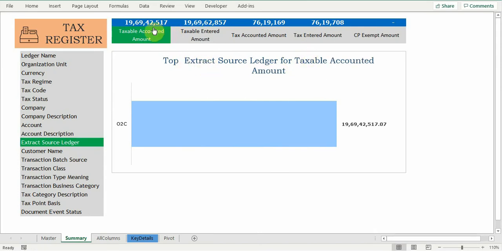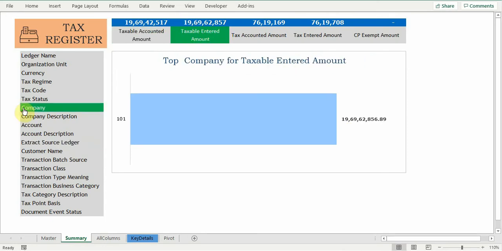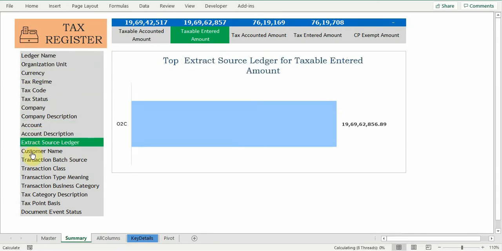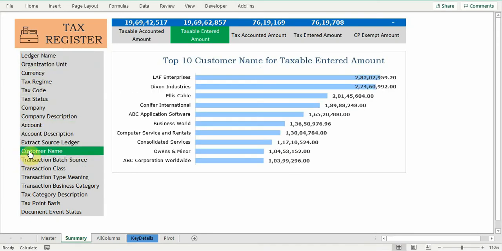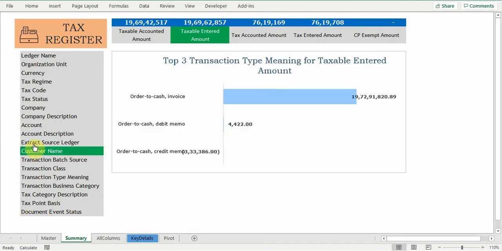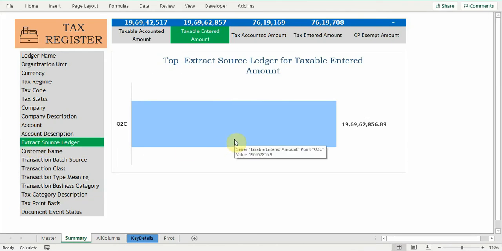At the top of each accounted amount or taxable amount, you have the total and the breakup is here. So using this approach, you can quickly glance at these 19 dimensions. In a minute, I can quickly glance where the values are splitting up. I can wait only on the dimension where I need to look closely, and the rest I can quickly go through. I hope you will find this approach very useful in your day-to-day analysis.